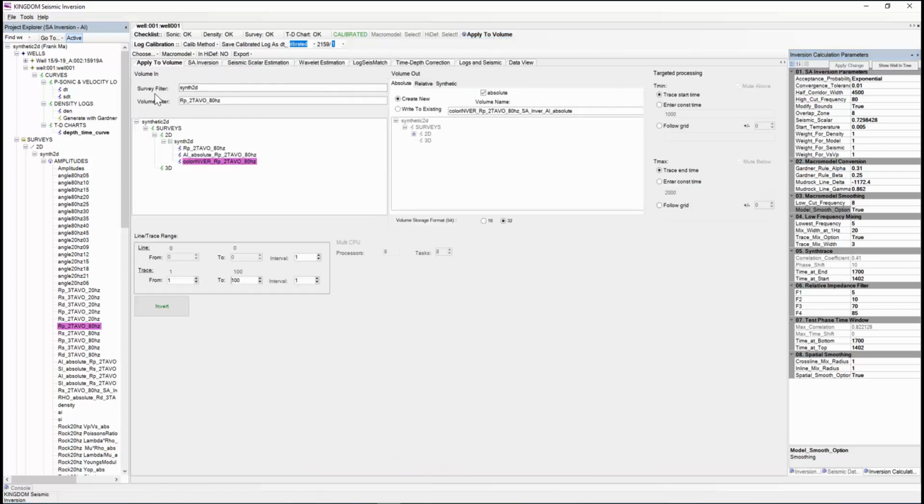Now here we can see that we have our volume in as our RP 2T AVO, and then we're going to have our volumes out as our absolute, relative and synthetic volumes. And if we select the synthetic here, it's just important to note that this will also increase the hard disk space. Now this is a targeted processing operation, and rather than run the inversion on the whole volume and take a lot of processing time, we're going to focus on the